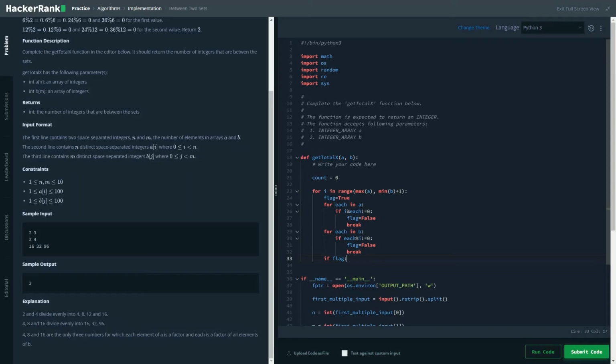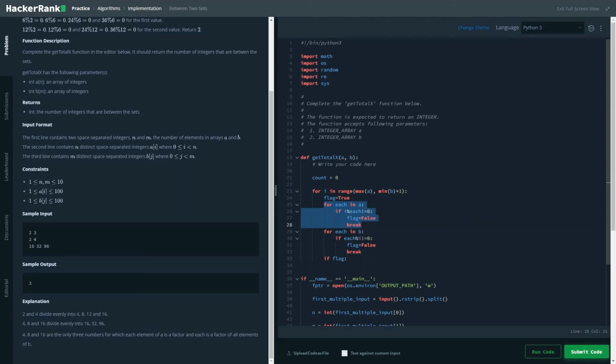So we'll be checking it. If you're able to find any instance at the first for-each loop, any value in the list A which is not able to divide, which should be providing a remainder not equal to 0, then automatically that value of i is not a multiple of that value in that list. So we'll be breaking that.